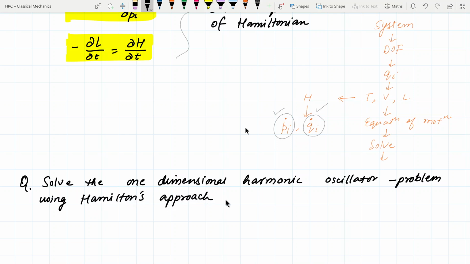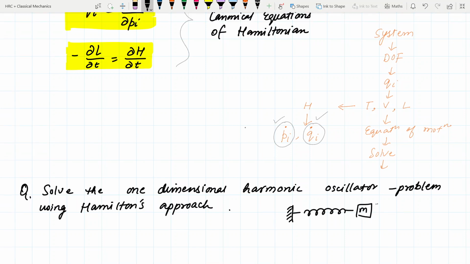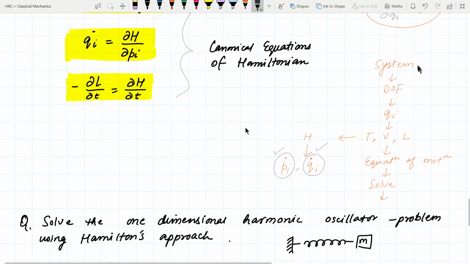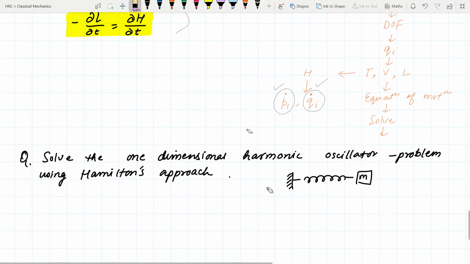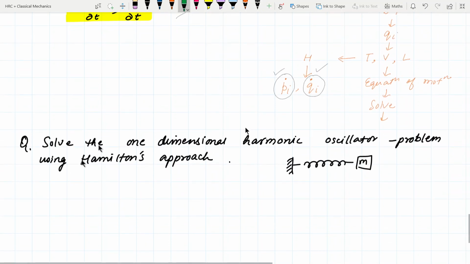मतलब आपके पास कोई स्प्रिंग मास सिस्टम है, लेट्स सपोज ये भी एक हार्मोनिक ऑसिलेटर ही है, ठीक है। मैं अब एग्जांपल दे रहा हूँ, ऑब्टेन द सोल्यूशन ऑफ द स्प्रिंग मास ऑसिलेटर यूजिंग द हैमिल्टोनियन अप्रोच। मतलब आपको ऐसे जाना है, ना कि ऐसे, जैसे हम ट्रेडिशनली जाते थे लैग्रांज इक्वेशन में, वैसे आपको नहीं जाना है, ठीक है। आपको हैमिल्टोनियन अप्रोच से स्प्रिंग मास सिस्टम के लिए जो आपका सॉल्यूशन है वो ऑब्टेन करना है। ये एज अ होमवर्क लिख लीजिए। यू ट्राई दिस क्वेश्चन।